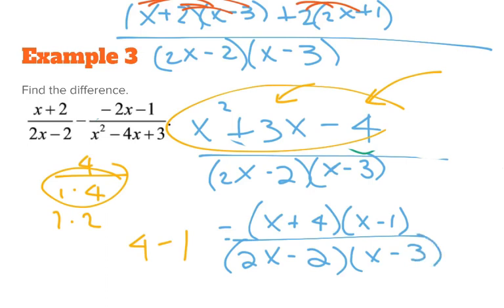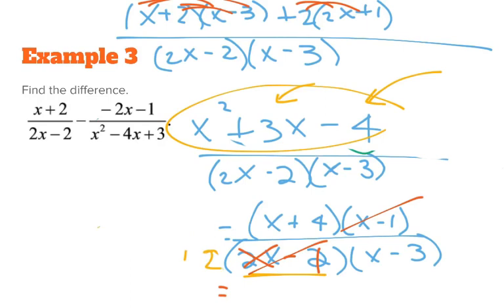Now, you might notice that we had this other 2x minus 2 that we never did anything with. That was the other one that we didn't cancel out. Why don't we pull out the GCF? It's the same GCF as before. It's 2. Why don't we take a 2 out of that and write this as x minus 1 when I take the 2 out? The reason I would do that is because now this one and this one also cancel. So my final answer